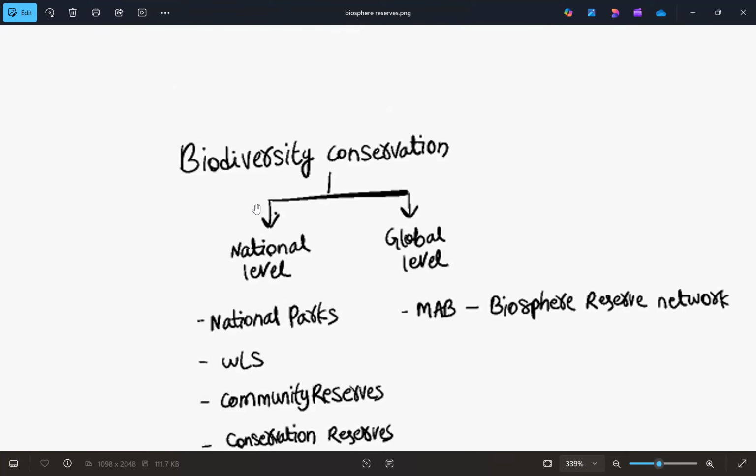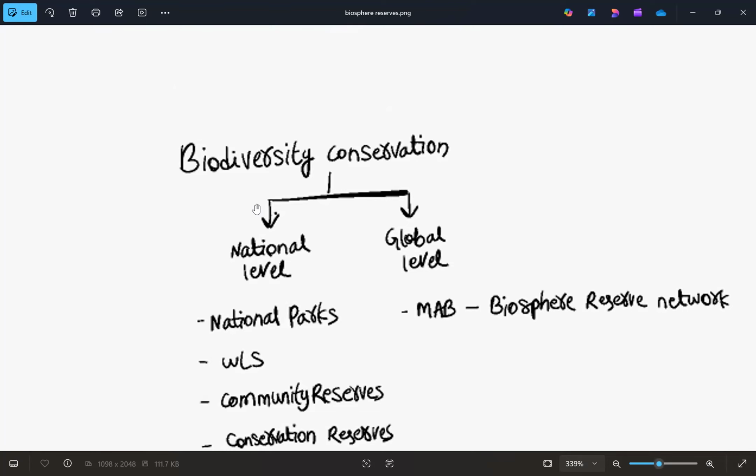And the similarities are, any area can be designated as national park or wildlife sanctuary by both center and state. So both center and state can nominate an area as national park or wildlife sanctuary if the area has some ecological significance or has some flora and fauna that is of immense significance, or geological significance, geomorphological significance. So if any area has such essentials to be conserved, then it can be designated as national park or wildlife sanctuary. So it can be done by both state and center.